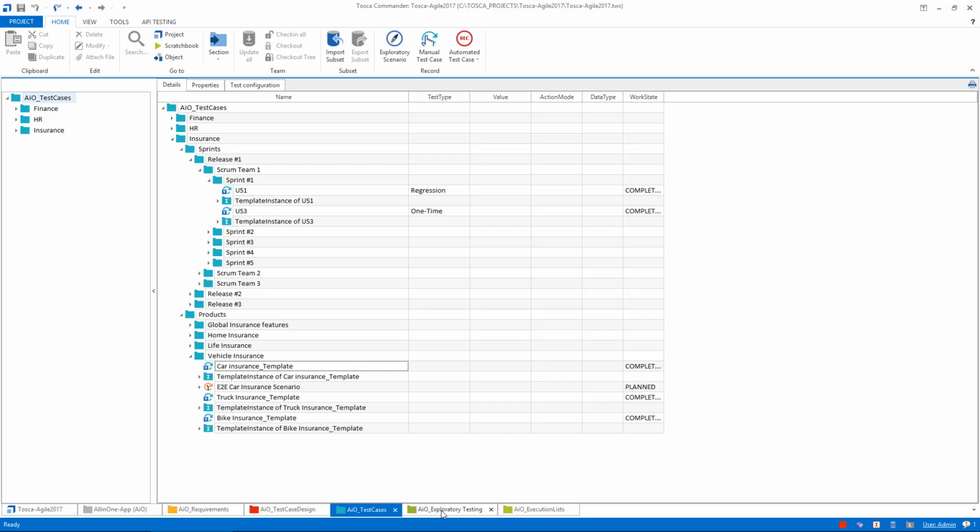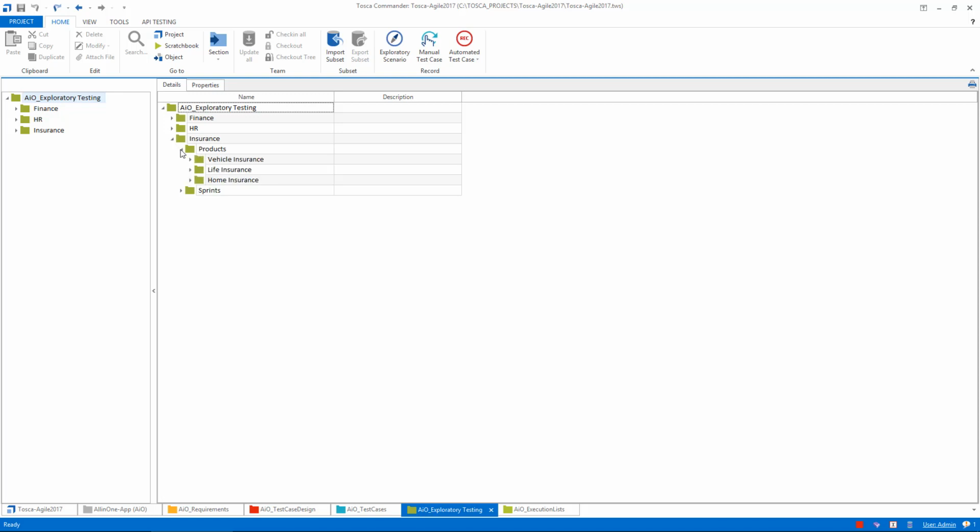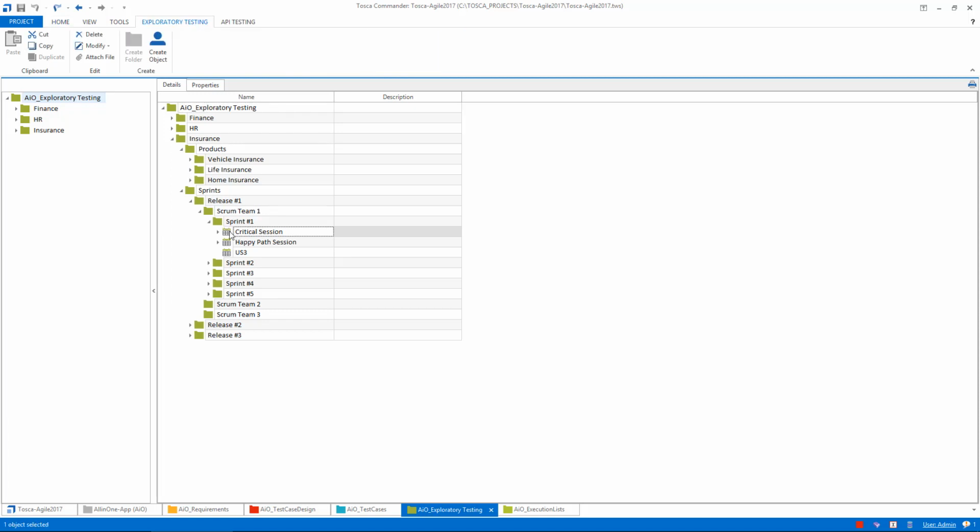Okay, so if you want to do some exploratory testing, you can do this for sure. If you want to have some exploratory sessions in your sprint, then you have the critical session, you have the happy path session, for example. So you can do any session you want. You can define the users for it, and then you can do the testing for the sprint, and then you will see the results in the